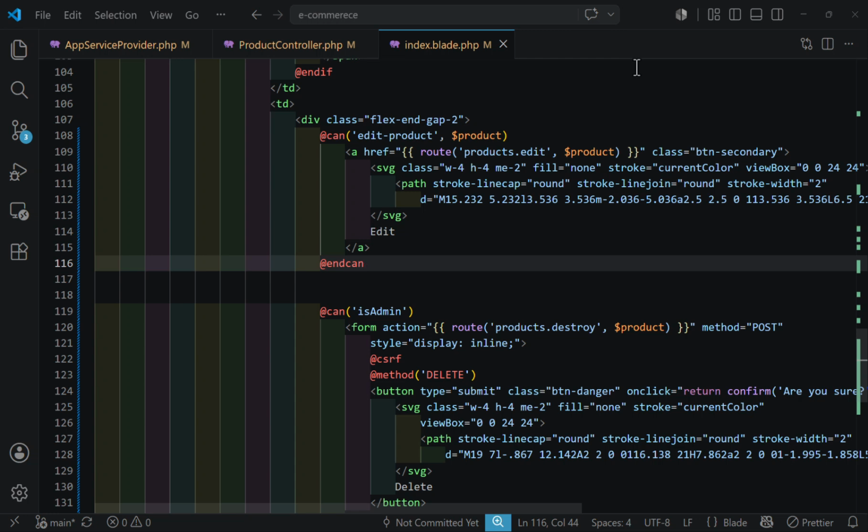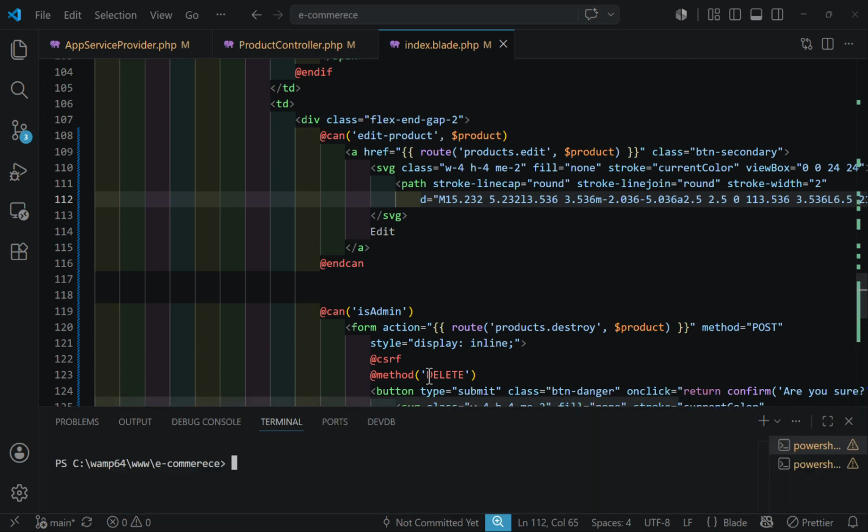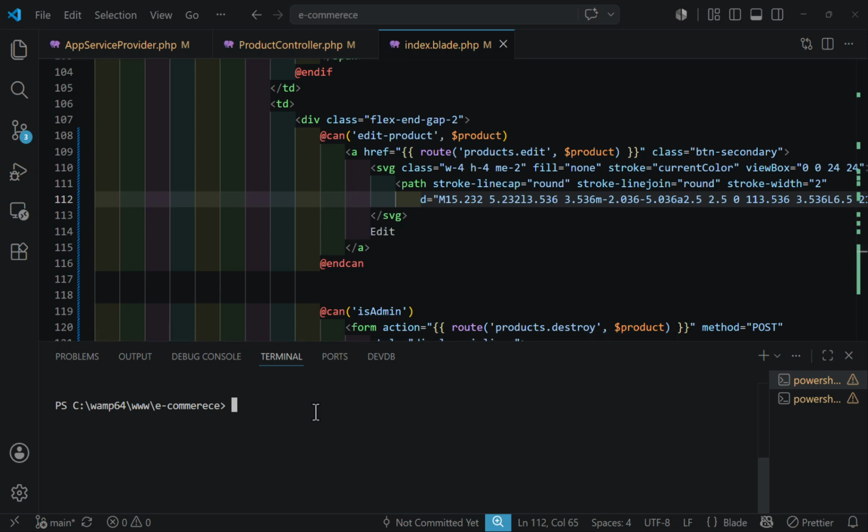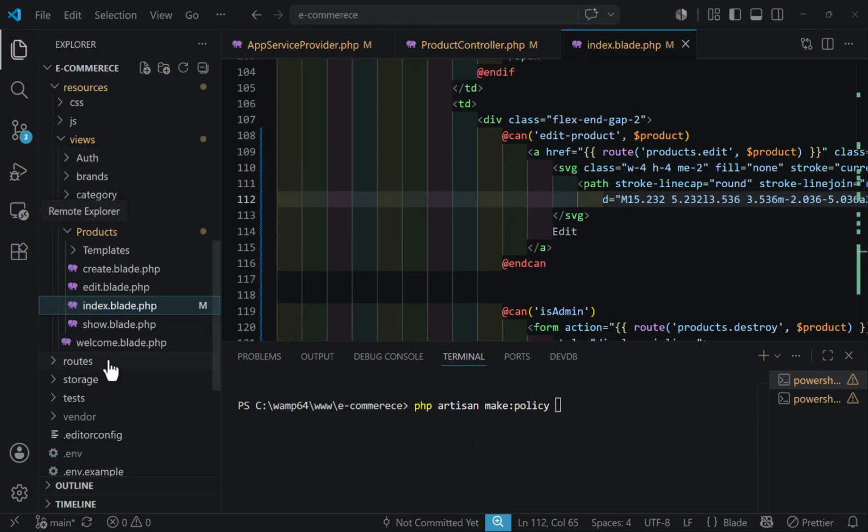Now that we covered the gates and understand what is a policy, it's time to create our own policy. So for that we have to open the terminal, and in the terminal we have to create a new policy by typing php artisan make:policy, then the name of the policy. The name of the policy should be exactly as the model name that you want to create the policy